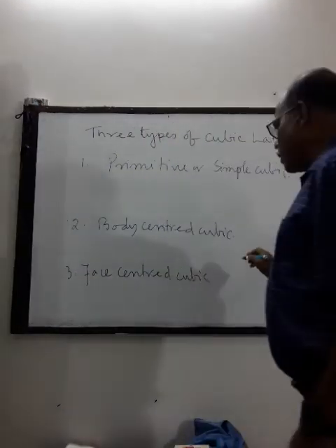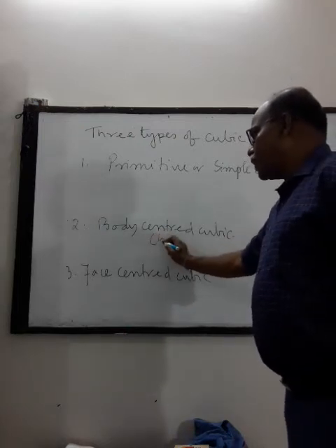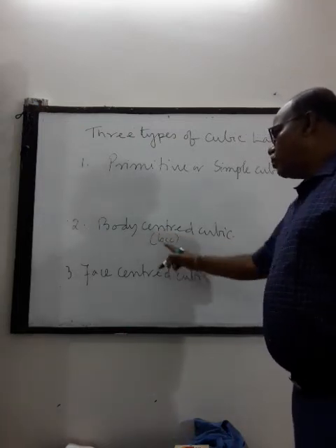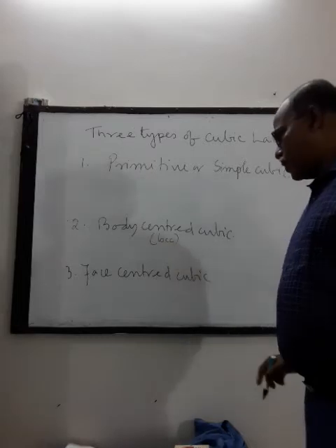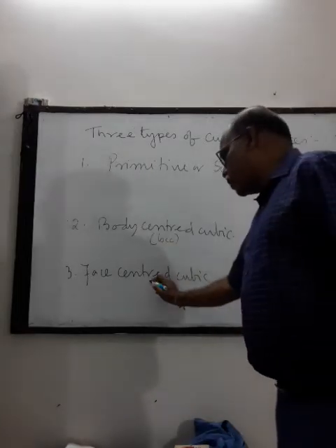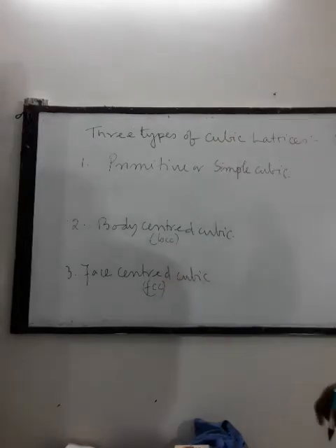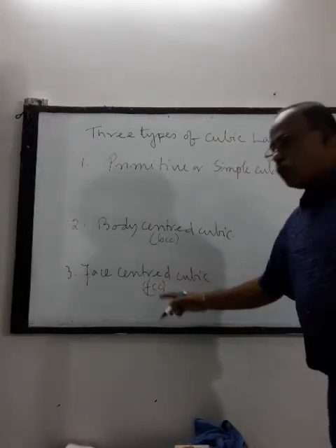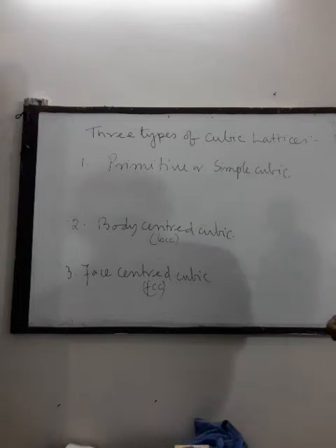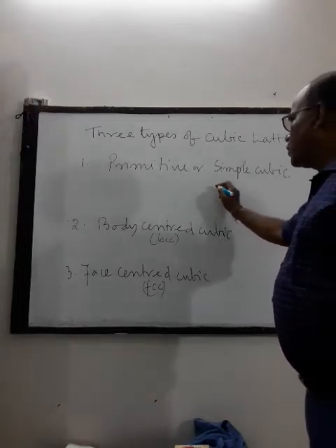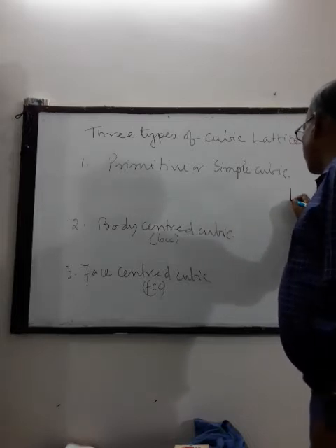So body centered cubic is also known as BCC, and face centered cubic is also known as FCC. Now in case of primitive or simple cubic unit cell, so if we consider